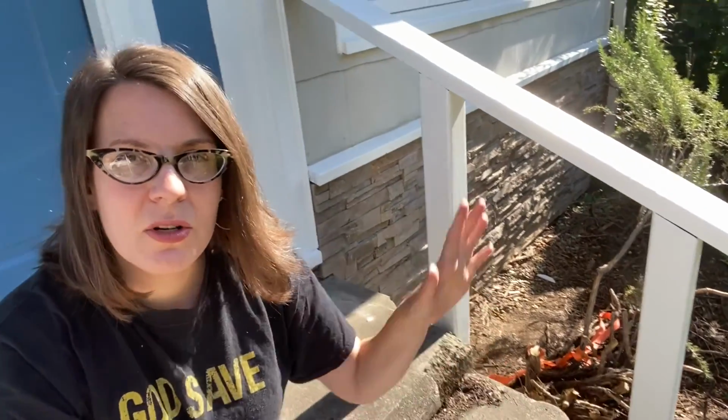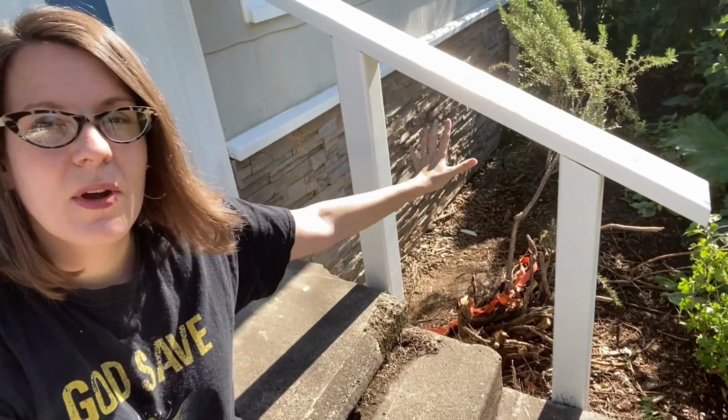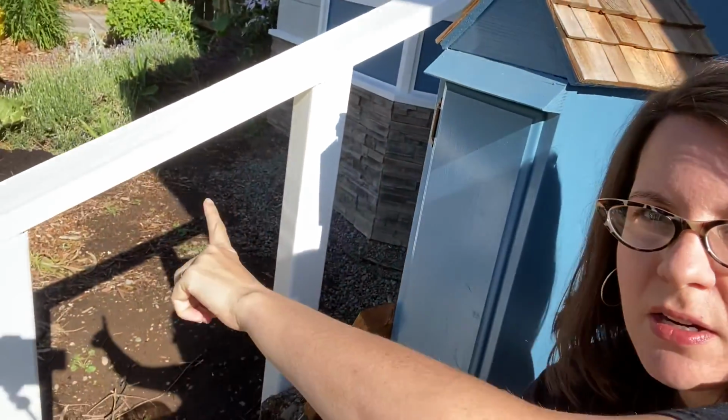So now, in order to repair, we had a rotten header in this wall and we had to replace the windows. In order to do that repair, I had to rip out all of the plants that were up here. And in order to make the repair over here, I had to rip out my giant rosemary and all of those plants. So now I have these empty spaces and I'm not sure what to do with them. I have some thoughts, but let me flip the camera around and show you all what